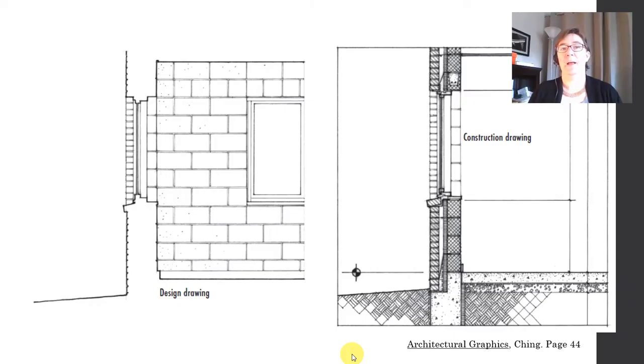Here's an example of the same detail being drawn at two different times in the design process. On the left, you have a design drawing. On the right, you have a construction drawing. There are two different goals for communication for these different drawings, but you can see that they both use line